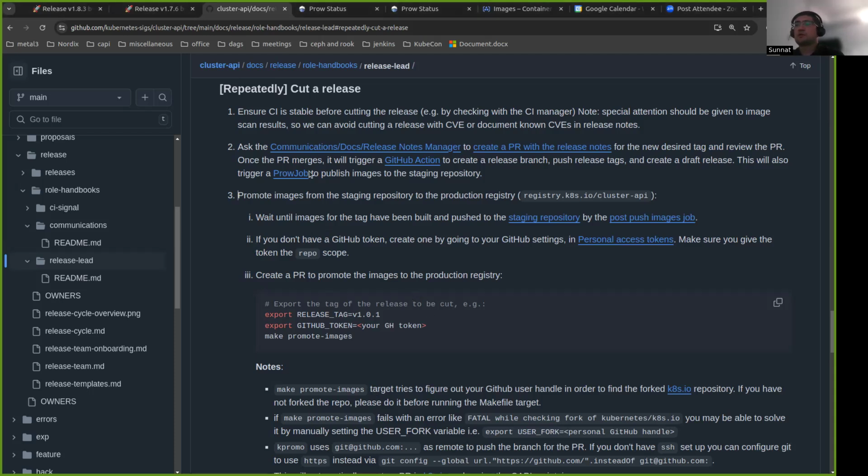By the way, can you see my VS Code, or do you still see the Chrome tab? Still Chrome as of now. All right, so then I see we will